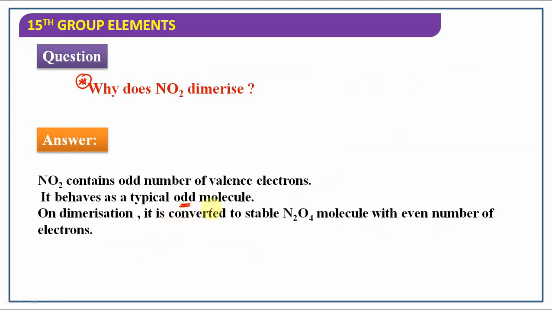Suppose it undergoes dimerization, it is converted into a stable N2O4 molecule with an even number of electrons. So N2O4 is more stable. That's the reason it can be converted into stable N2O4 by dimerization. Okay. So before going into